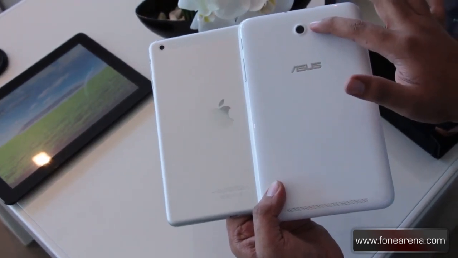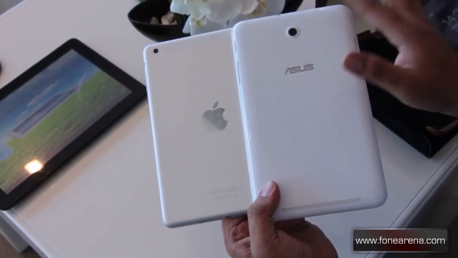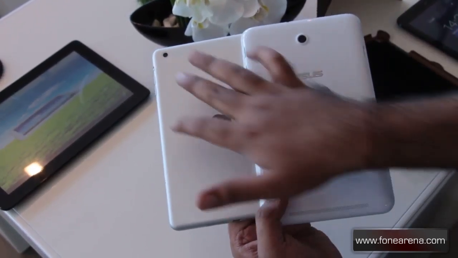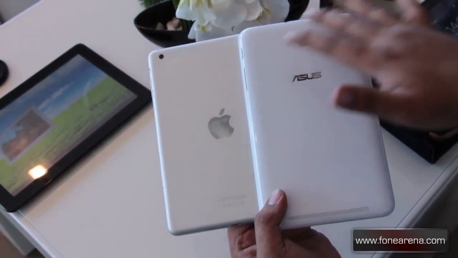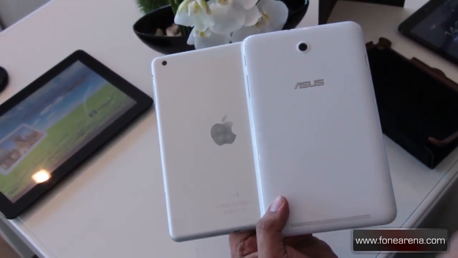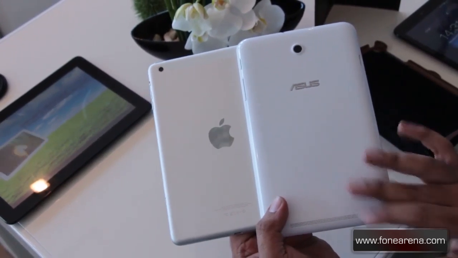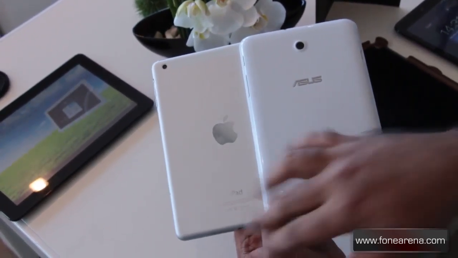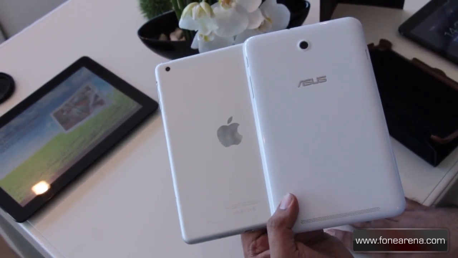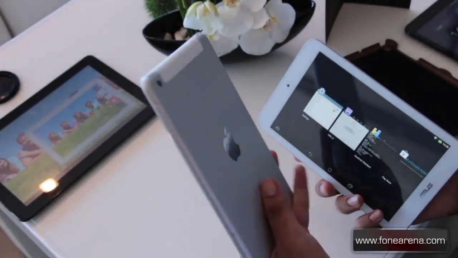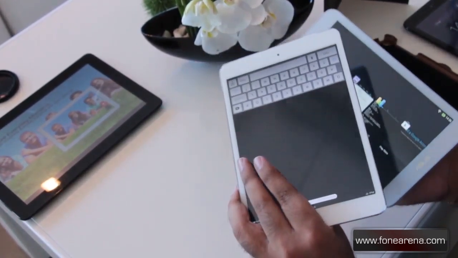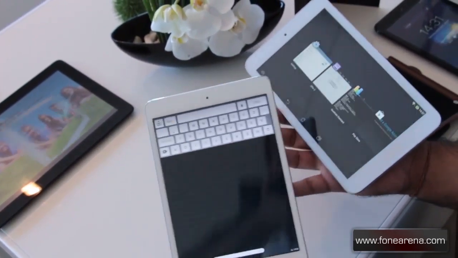There's a 5-megapixel camera on the Asus Memo 8. You also have a similar camera on the Apple iPad mini. As you can see, there's a 3G antenna here, whereas you don't have any 3G antenna here. The loudspeaker is on the back of the Asus Memo 8, whereas it was on the bottom of the iPad mini. So both are nice looking tablets, and the iPad mini feels a lot lighter and thinner than the Asus